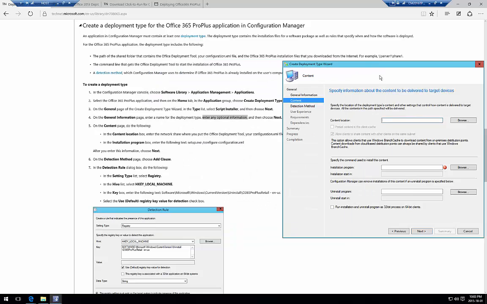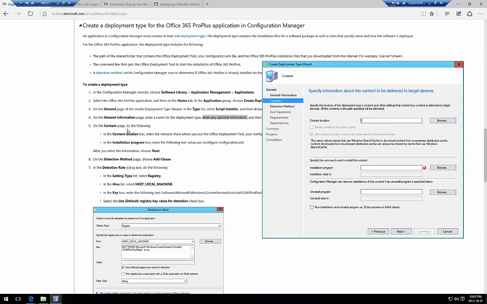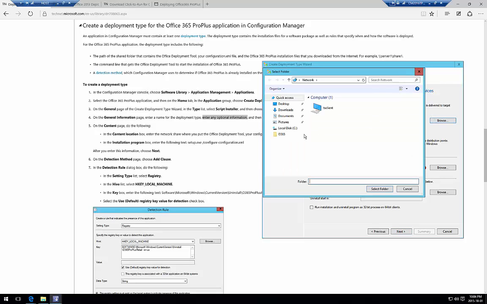So on the content page, following the TechNet article, content location. This is where the installer, so in our case the EXE, is located. Again, normally speaking, in a production SCCM environment, you'll have a file share that you'll point to for all the source content that SCCM will leverage. But in our example, just to go through this issue, we are just going to directly point it to the